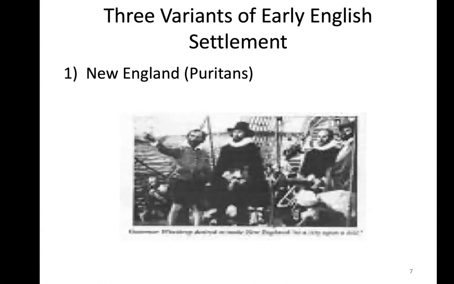So therefore, you see Puritans as more well off. And that's going to be in stark contrast to, for example, Chesapeake, where they're mostly indentured servants. The vast majority of that population in Virginia. So you have New Englanders, or let's just call them Puritans here. Puritans being more well off.